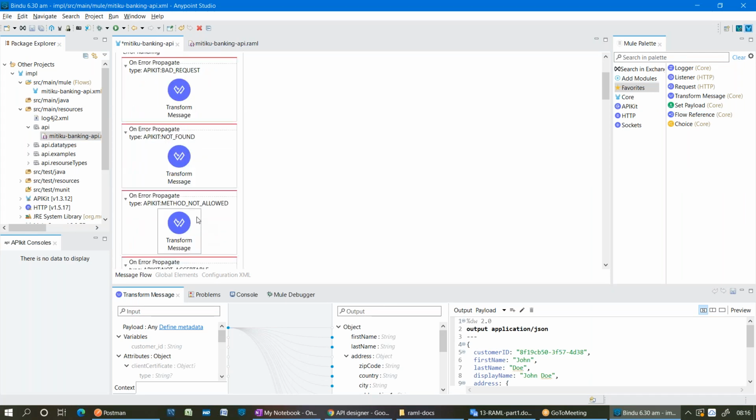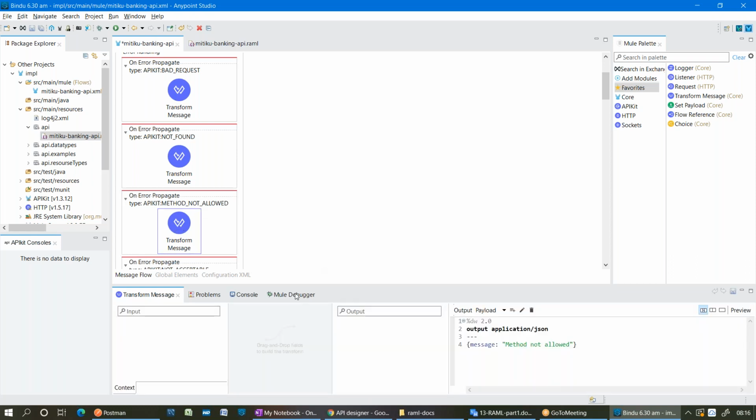Method not allowed. Is that the one it is going to throw? The type is matching. Yes. Then this transformer, that means the logic present in it, will get executed. So these are all given by default. If you want to change and write your own logic, you can override this. Got my point?